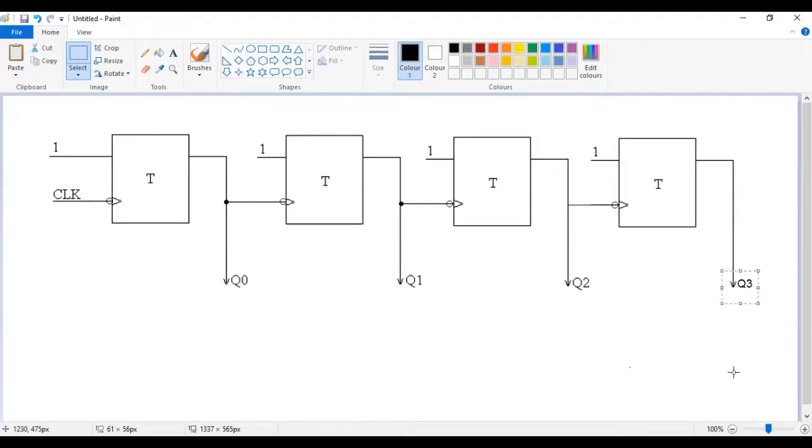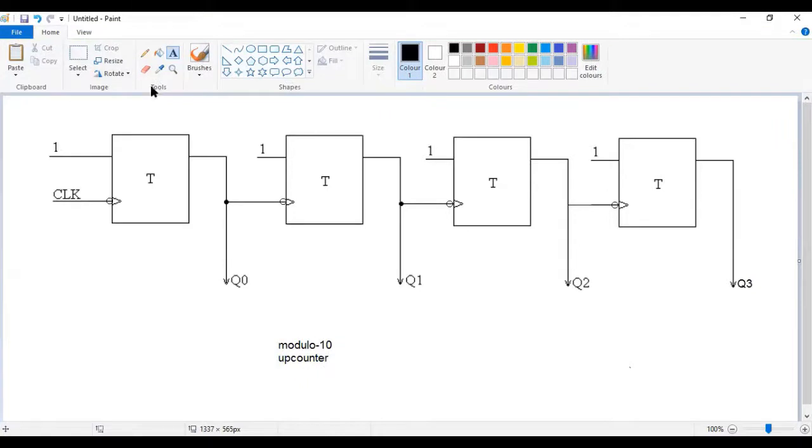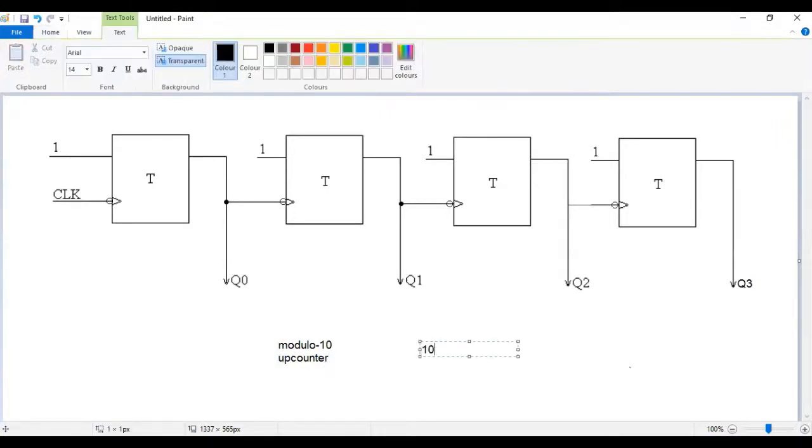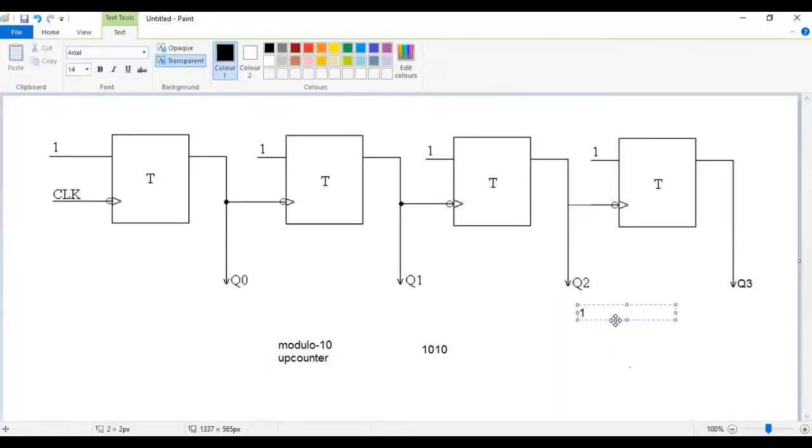Now, what if you wanted to stop? So you want to do a modulo 10 counter, up counter. If you want to do that, it means the binary state which represents 10, we know is 1010. So it means this is 1010. So when your Q3 is 1,